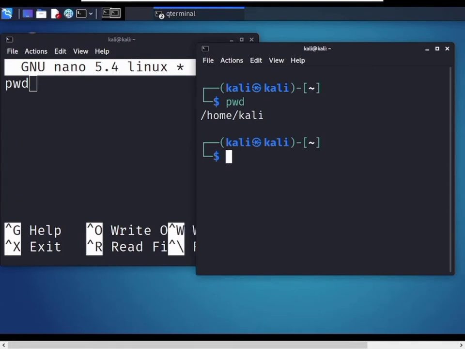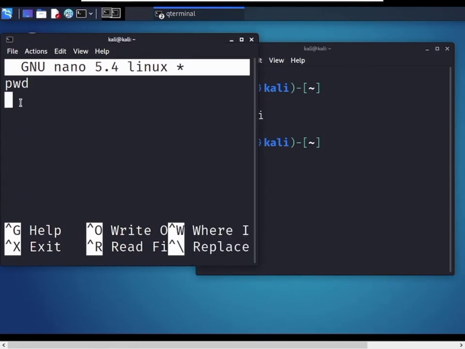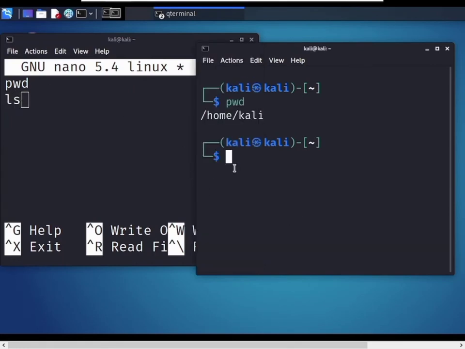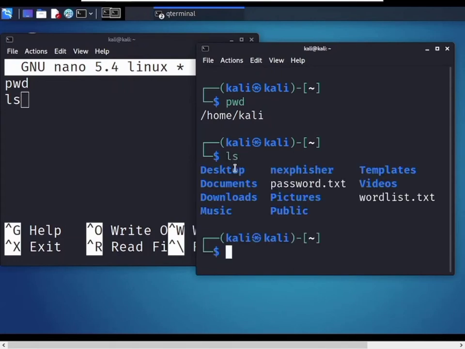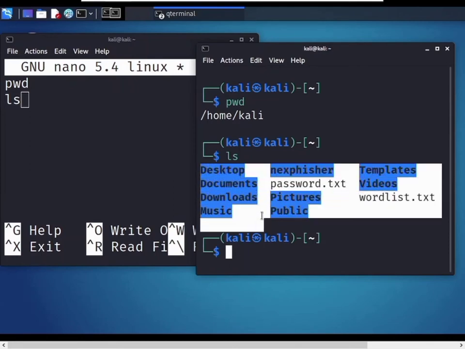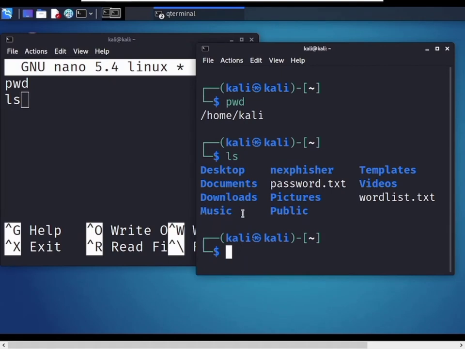Now my next command is ls, for list. Use the ls command to know what files are in the directory you are in. Let's type the command ls and hit enter, and it shows you in the home Kali directory the list: Desktop, Documents, Downloads, Music.